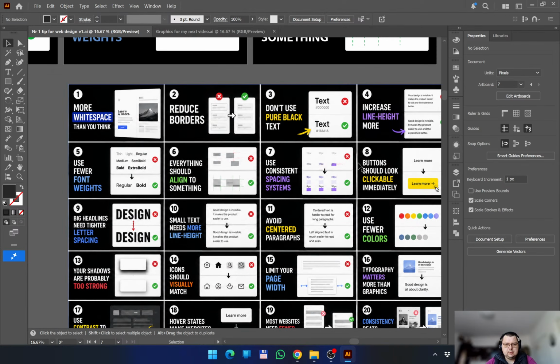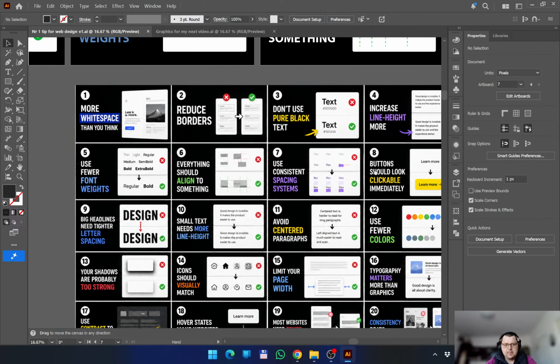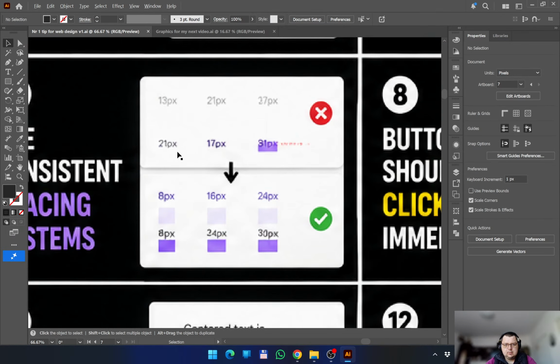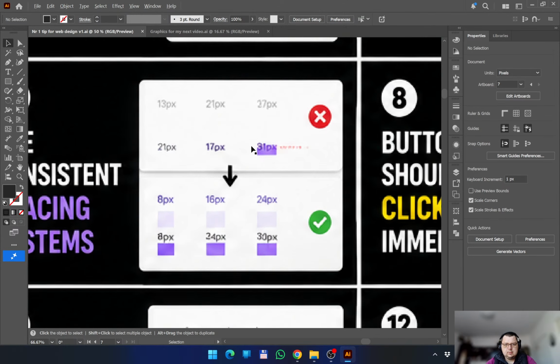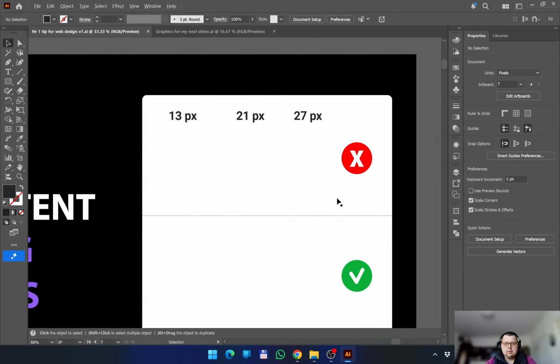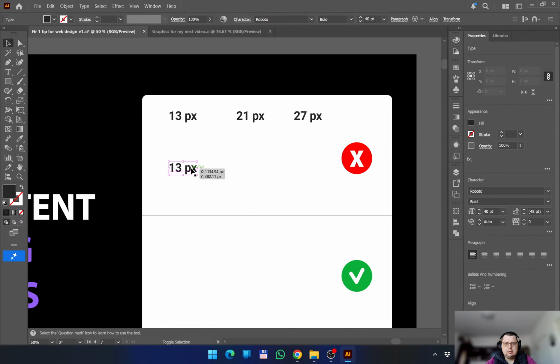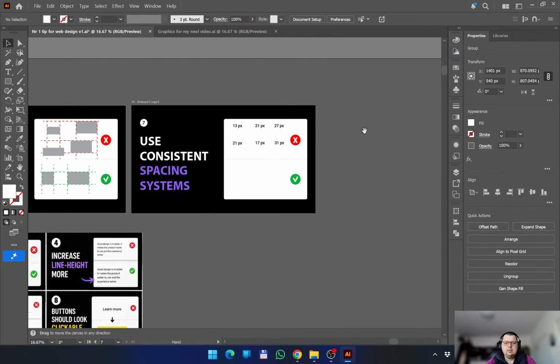27 pixels. 21, 17, 41. Okay. 21, 17, 41. These are just random numbers, yeah. Because when you make,